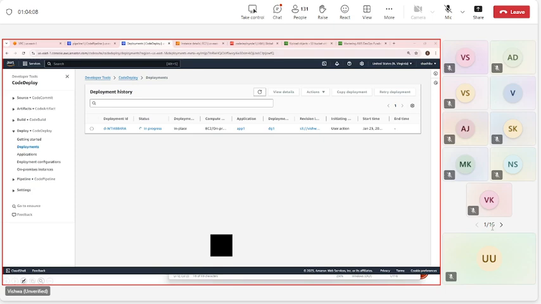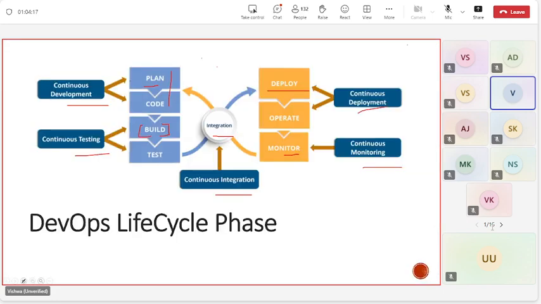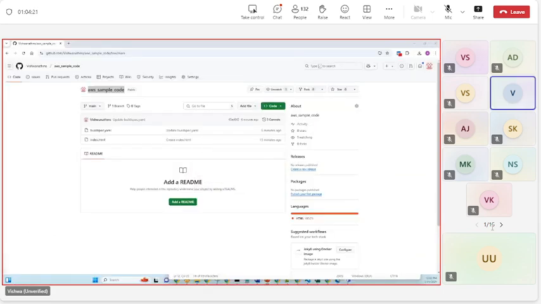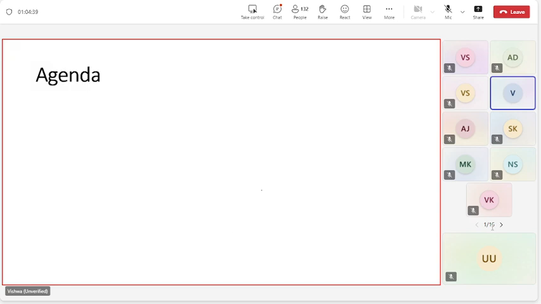Now that we have understood the flow of it, I wanted you guys to understand what are the best practices which are there as part of DevOps, for security purposes. I want to talk a little bit on theory before I open up things for questions. So let's try to understand that part of it.